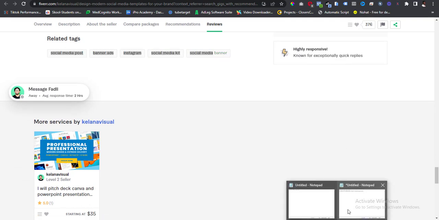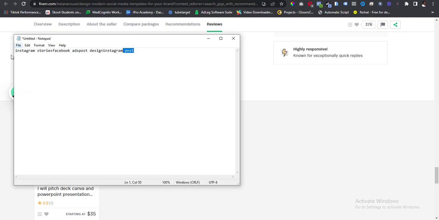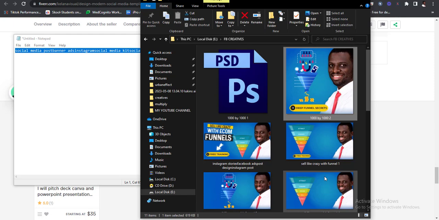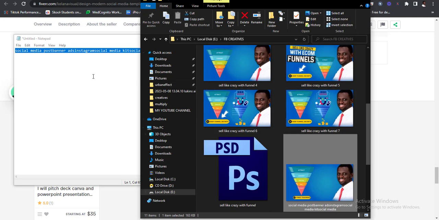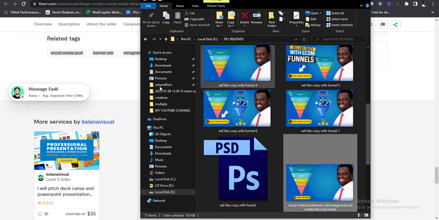Open Notepad, because you want Notepad to remove every error that you have. So do it this way, and then you use it to rename the various banners. So I have this one too. Now this is what I'm going to do. The next thing is that these are what I'm going to use as my